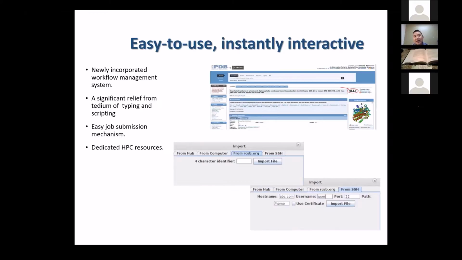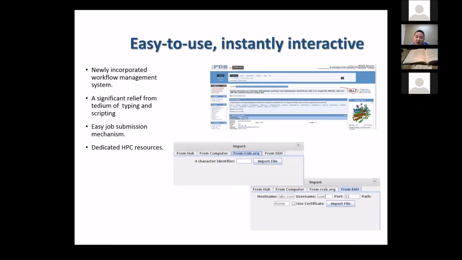And if you want to get your PDB structure or a model structure from the PDB bank, you can do that without going to the PDB bank website. All you need to do is just provide the 4-character identifier of a given structure. And once the identifier gets supplied and you click the import button, the structure can be imported. The successfully imported structure is shown on the project pane on the left side of your multiple function